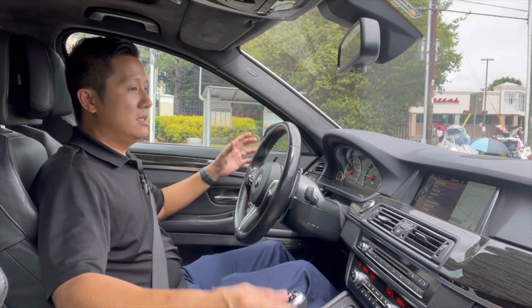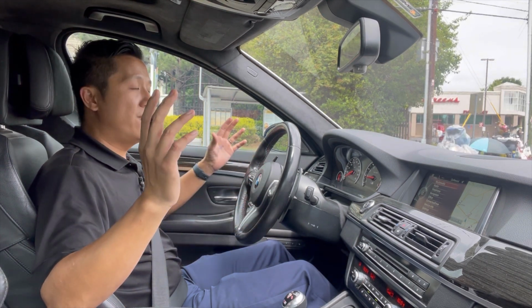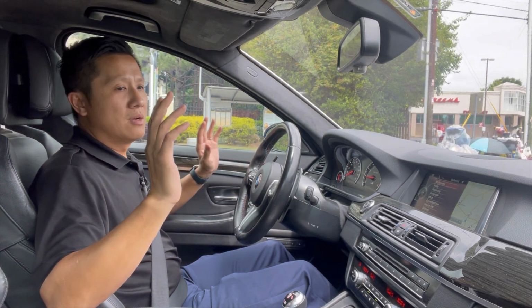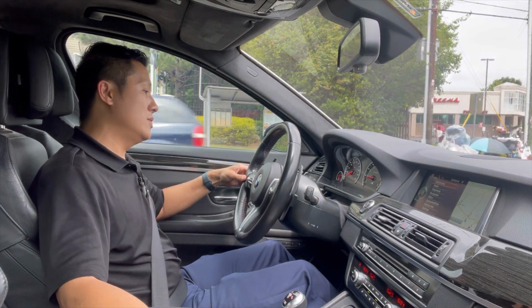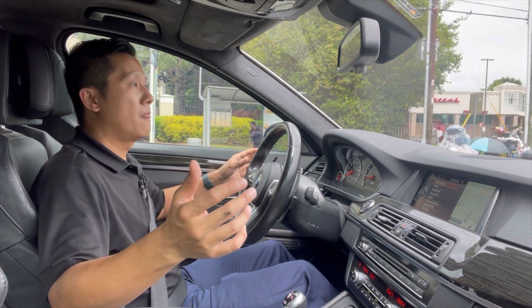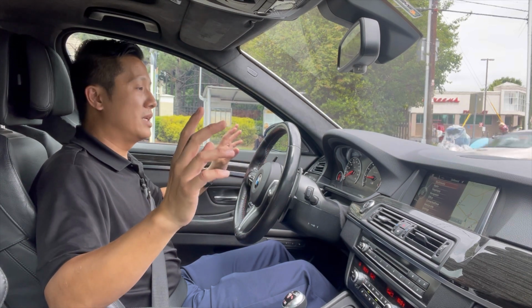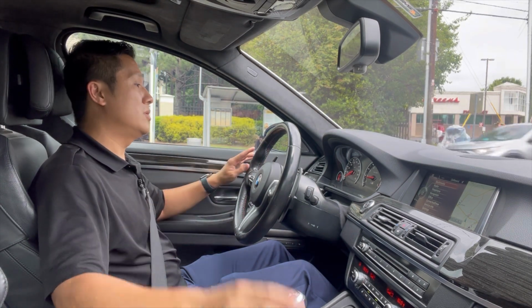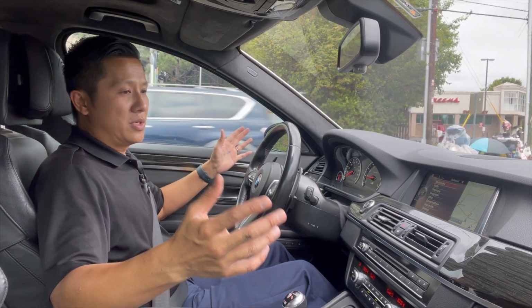Other than that, I mean, these are rock solid vehicles. I do recommend you guys go out there and find an M5, even if it's used, go at it. You're really gonna like it. Just get it inspected before you buy it. Otherwise, you can buy yourself into a lot of trouble, especially if one's been dogged out, turbo gone bad, clutch slipping, stuff like that. So be really careful. But like I said, you find a good one, trust me, you can really enjoy it. Other than that, this is your M5